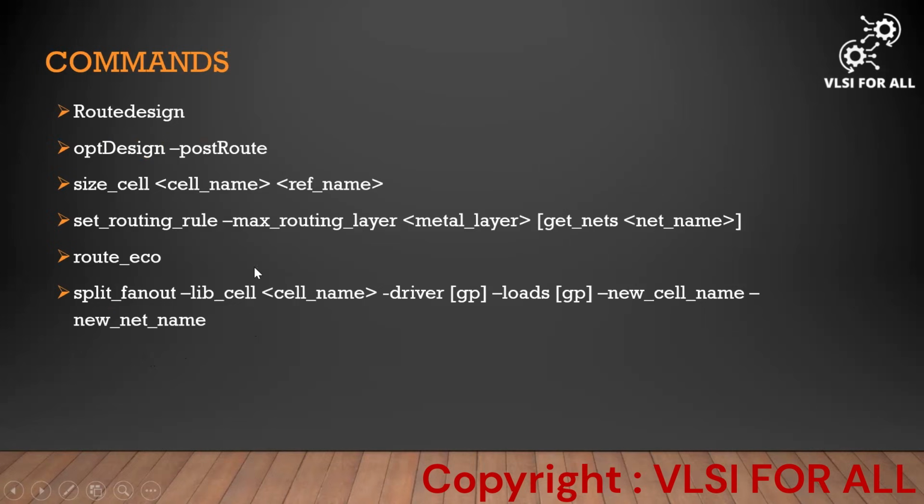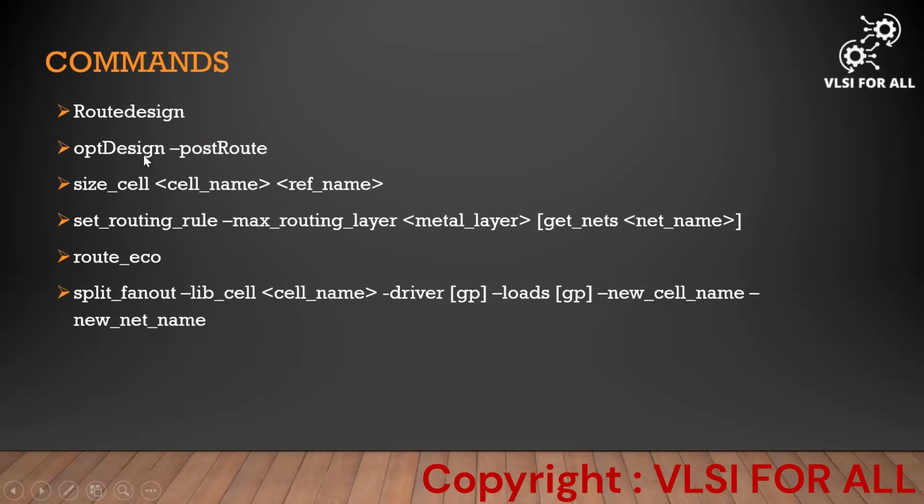These are a few commands which we use in the routing stage. Route design. Once we give this command, it will do routing. The routing will be done in two stages. One is trial route, another is global route. In trial route, it will just estimate, first seeing whether any routing is possible to the shortest distance. Then the tracks get aligned, and in detailed routing, it will do actual routing to the standard cells.